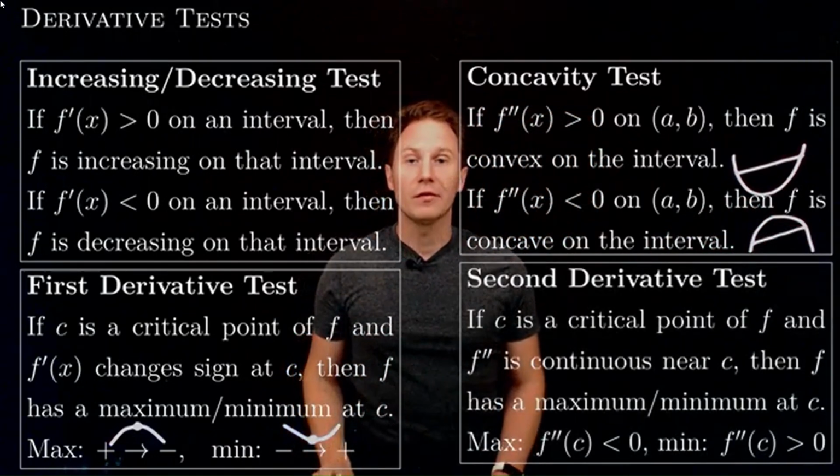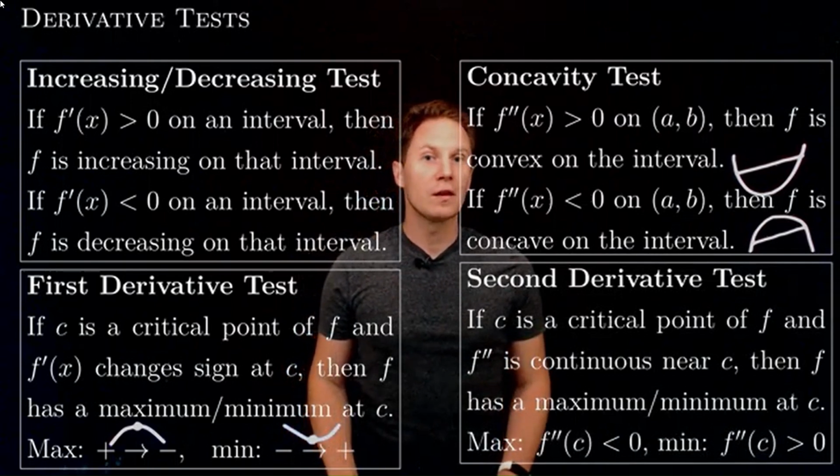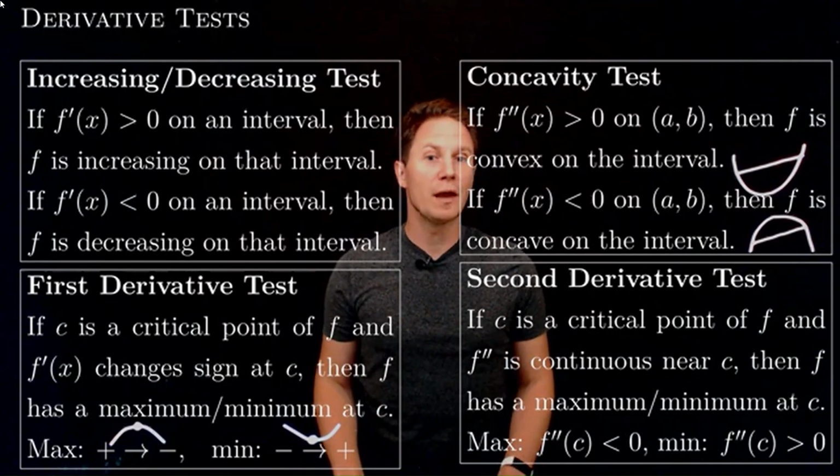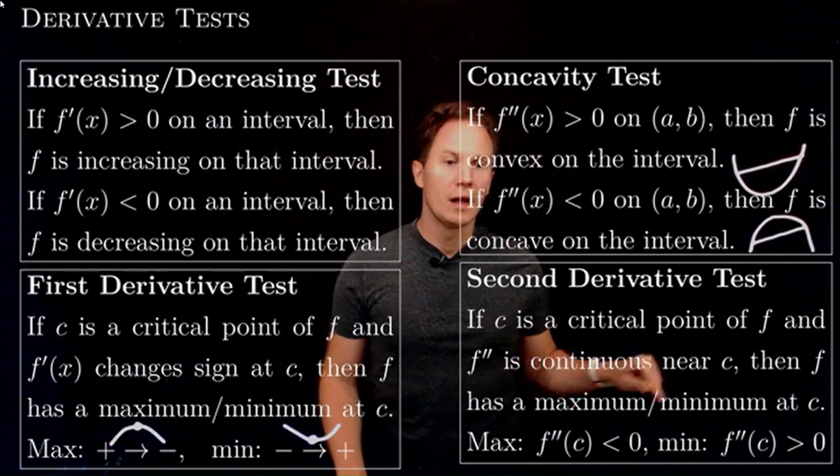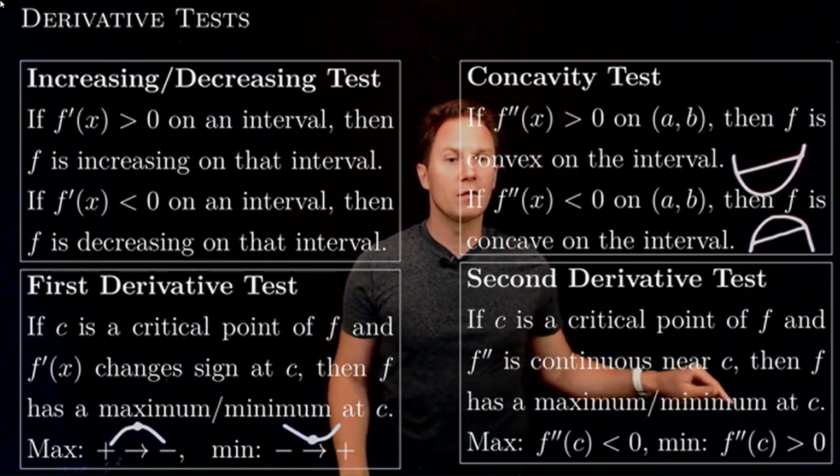Then we have the second derivative test, which tells us that if we have a critical point c of our function, and the second derivative of the function is continuous near this point c, then the function must have a maximum or a minimum at c. A maximum if the second derivative at c is negative, and a minimum if the second derivative at c is